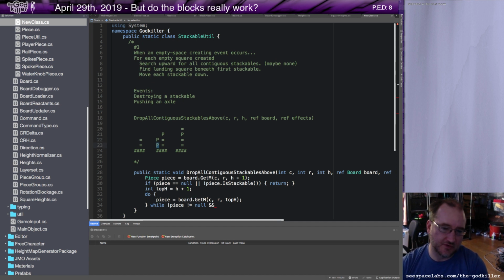It's only possible to have one non-stackable on top of other stackables. So I can just say while the piece is not equal null, meaning there is an M piece,